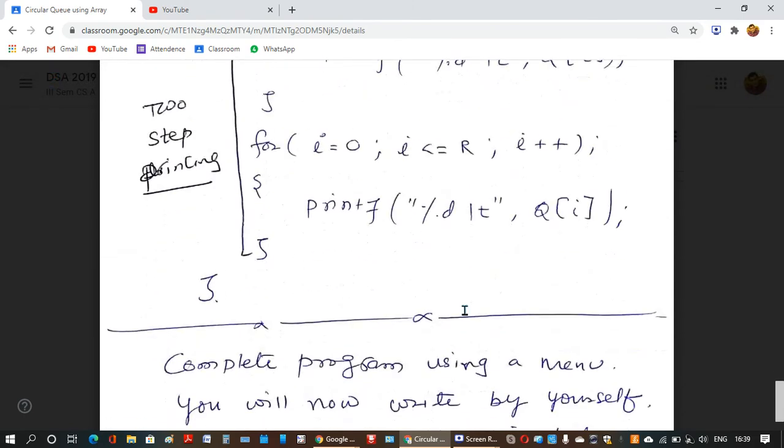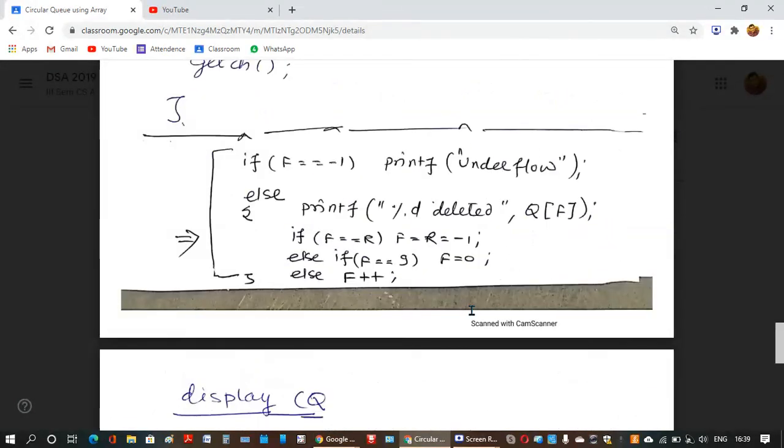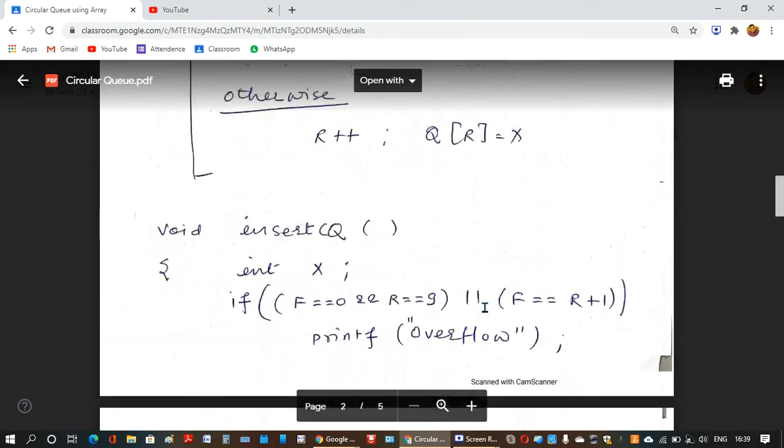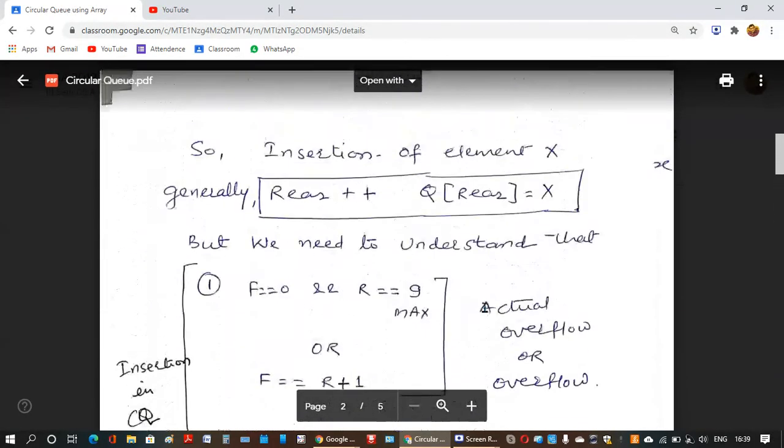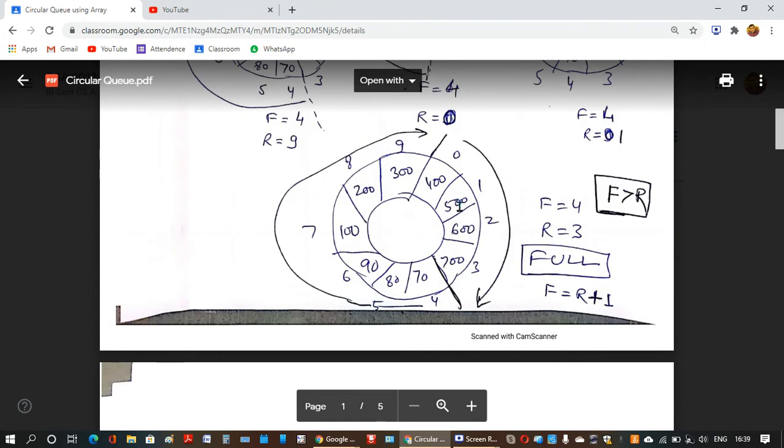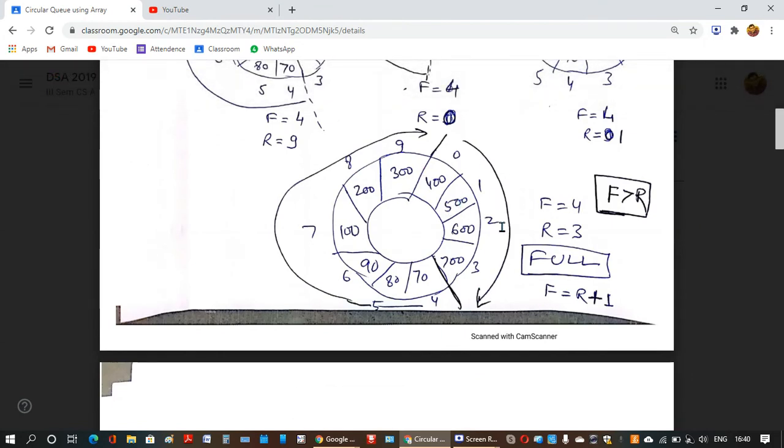So to understand this, let us see again the diagram where the queue is having two parts for displaying like this. So say this queue I want to display. So I don't know what is the value of front and what is the value of rear. So I want to display. So what I'll do, I'll start from this position.